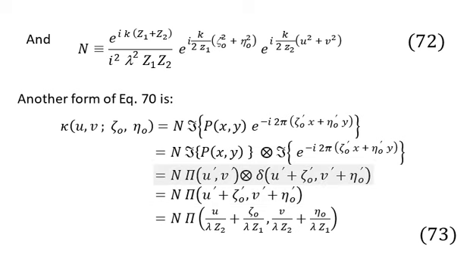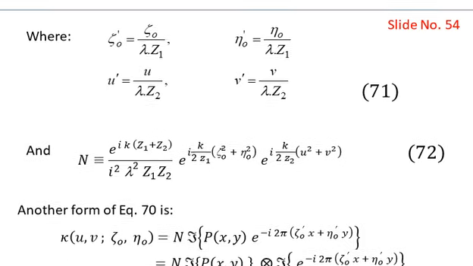So what will happen is that the u prime and v prime contained in the function pi will be replaced by the arguments of the delta function. So the fourth step is n times pi, and pi contains the arguments u prime plus zeta naught prime, comma, v prime plus eta naught prime. So we are using the original variables, as shown in